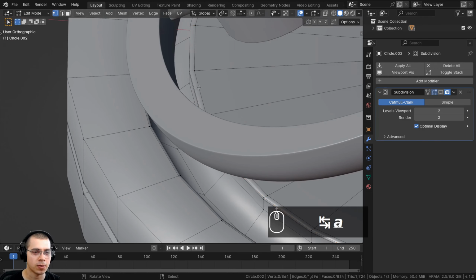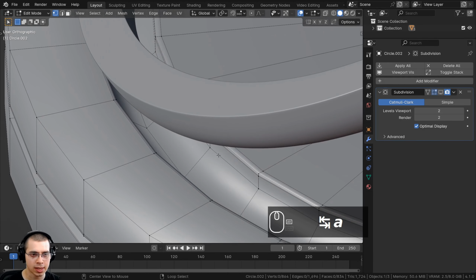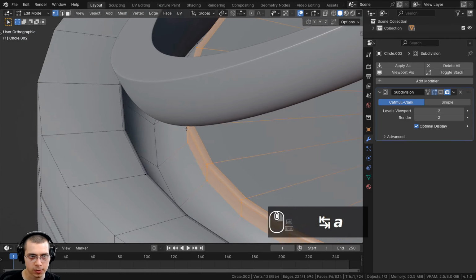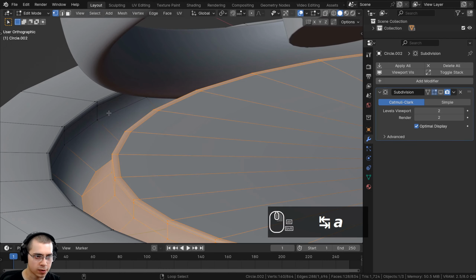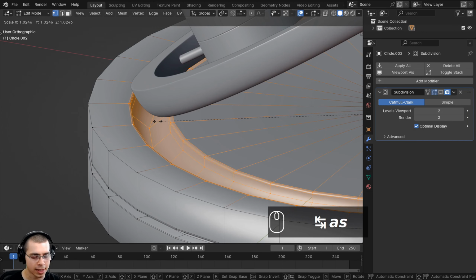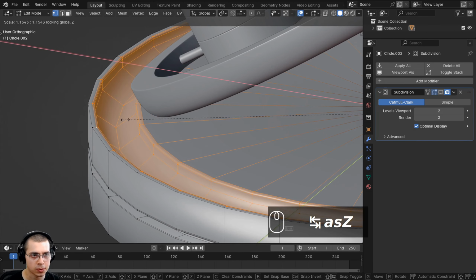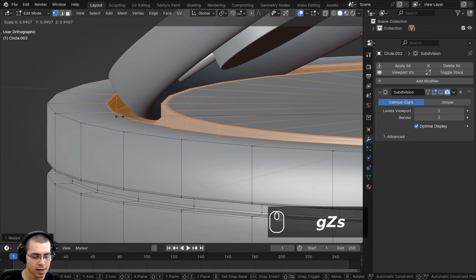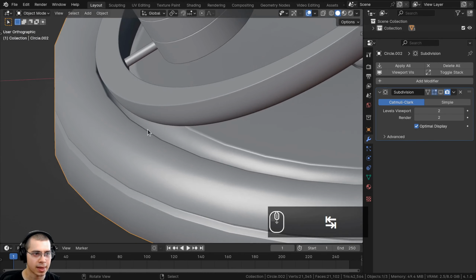I'll now go into edit mode, and I just need to hold down the Alt key and select that loop of vertices, and then hold down the Shift and Alt key, and we're going to select all those loops. Shift Alt select that loop and that loop and that loop and that loop. So I want to scale them, so I'll hit S to scale, but then I can hit Shift Z to exclude the Z-axis. That way it's not scaled on the Z-axis. So S to scale, and then Shift Z, and you can just bring that in and out so it just fits the object. So something like that is much better.